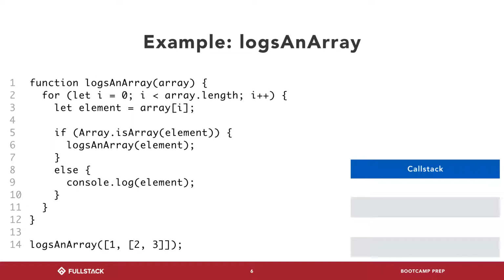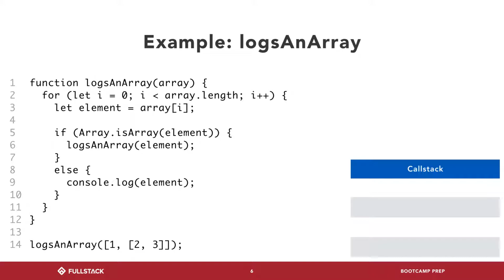So when do we call this function recursively? We call it when the element is an array. So therefore, our base case is whenever the element is not an array, we stop, right? If Array.isArray is not true, then we never hit this and we just console log and, hey, we're done. So if we look at the call stack for how this function is going to work,